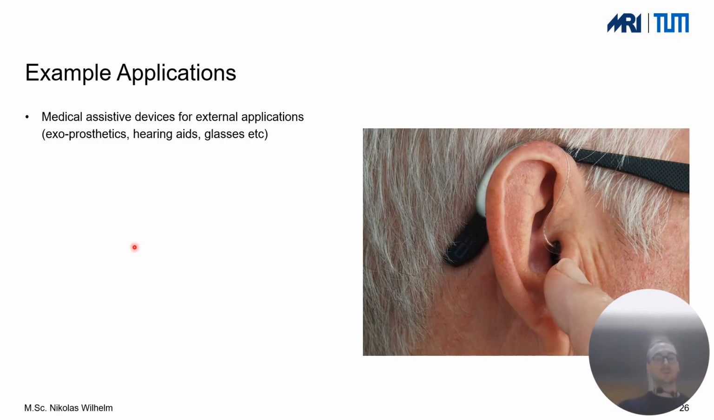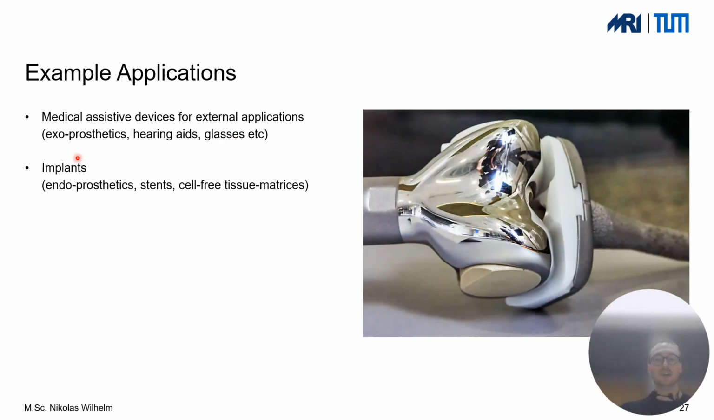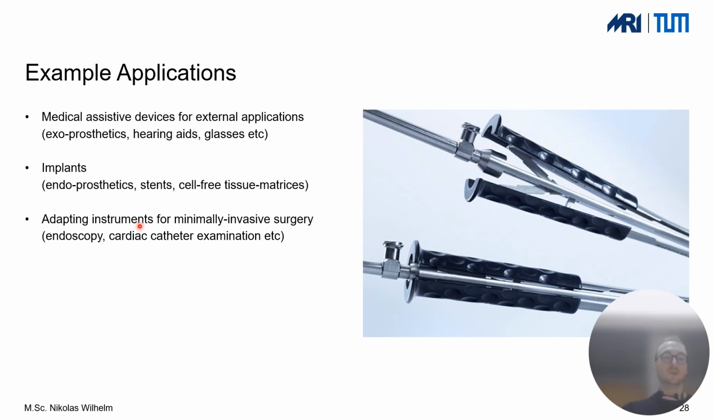So just to list some example applications that you can look at for your research or your respective projects. There are a multitude of medical devices. This is, of course, something like cochlear implants, hearing aids, glasses, exoprosthetics, but of course also implant devices, endoprosthetics, some stents for example for the heart, then something like cell-free tissue matrices, or if you go into surgery, for example minimally invasive surgery,